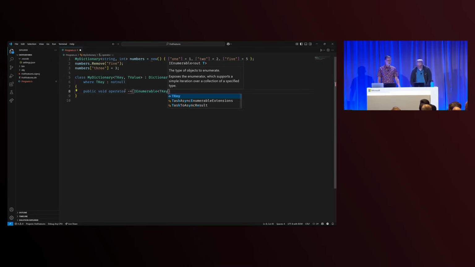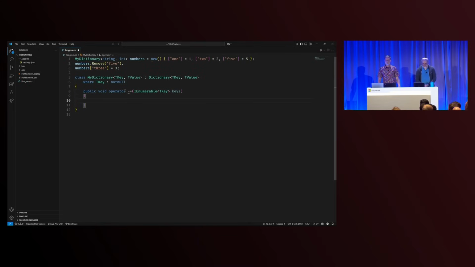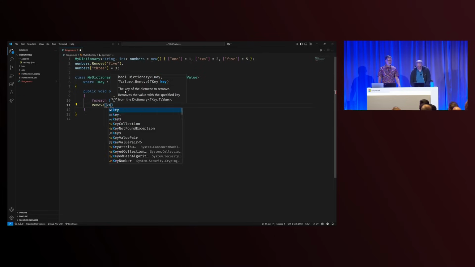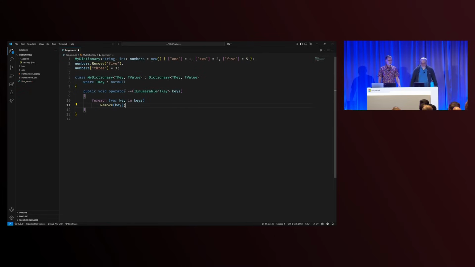Okay. So what we're looking at here is an operator to remove a bunch of things from the dictionary by way of subtracting. So we're just removing things. So I could implement it by saying, you know, for each over the keys, and do a remove, whoops, wrong thing. There we go. Okay, and let's first use it, and then talk about all the weirdness about it. So we've got a thing up here that does a remove. So we'll just use it here, and we're passing in an enumerable of TKey, so we can use a collection expression, which is not new.